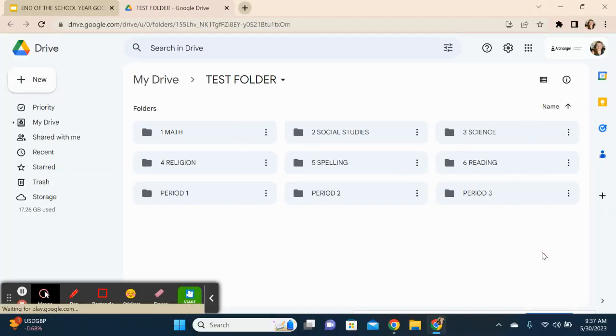I want to share this with you. So here you can see this is a test folder that I have. I have a folder within a folder within a folder within a folder. That's the nesting folder system. And you can see right here that I have labeled